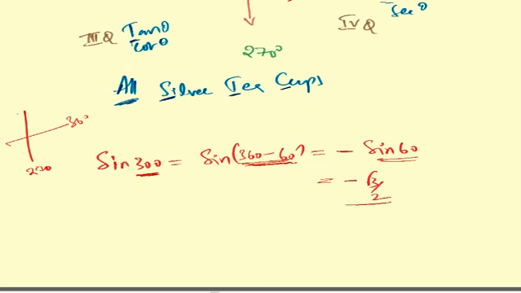I'll take one more example to do the problem so that it will give you better understanding. Let us suppose someone asks you to find tan 150. See, friends, this is 0 degrees, this is 90 degrees, let us say this is 180 degrees. So we are